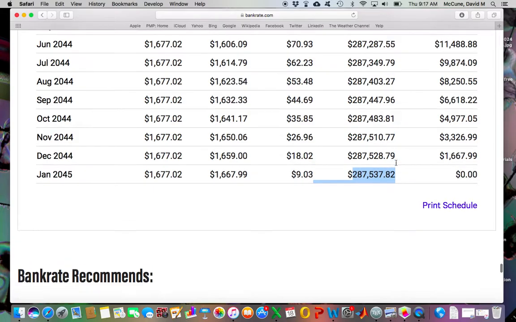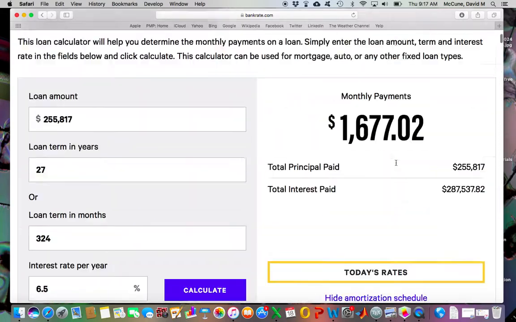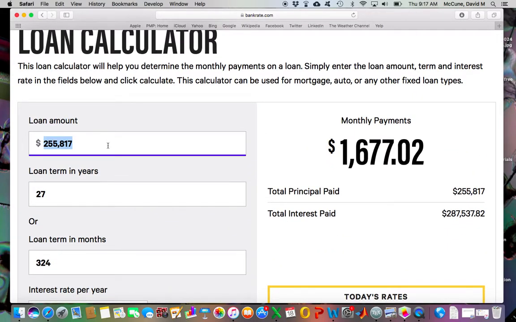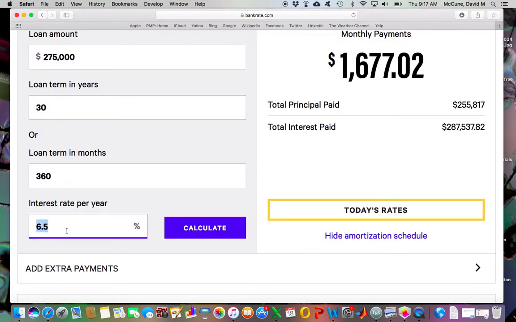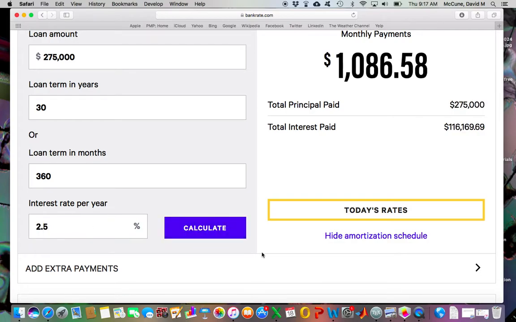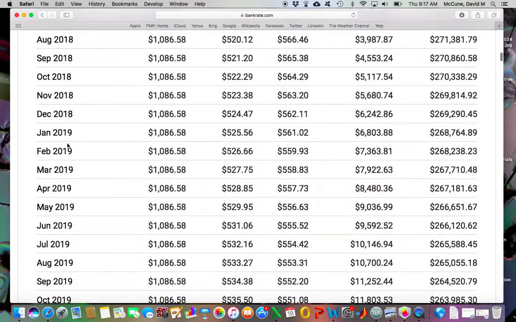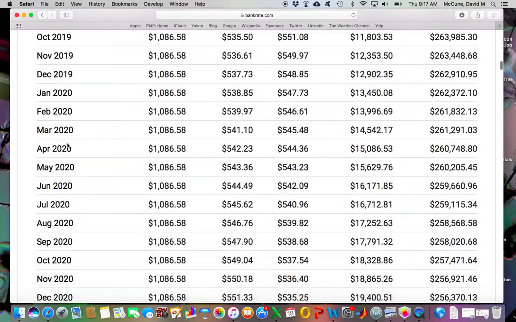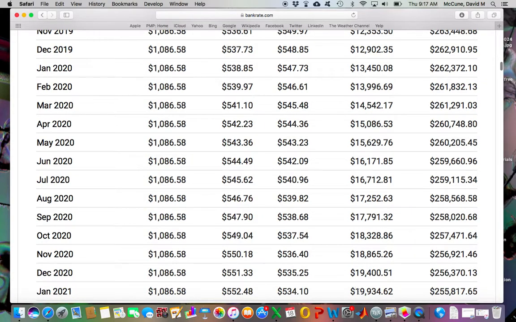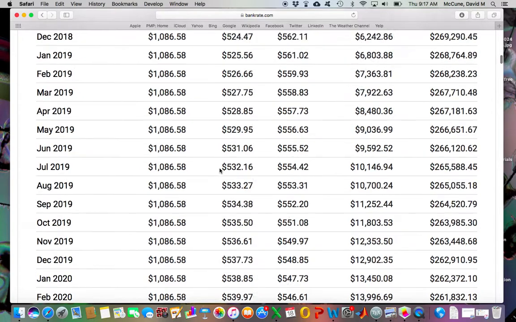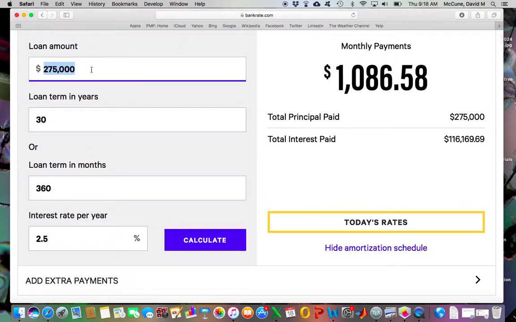But recall that I did pay interest during my first 3 years, didn't I? So let me just put the original loan amount back. 2.5%. Okay, so for the first 3 years, so start February 2018, go to January 2021. During the first 3 years, I paid roughly $20,000 in interest. Okay, $19,934. So over the first 3 years, I paid $19,934 in interest, and then over the next 27 years,